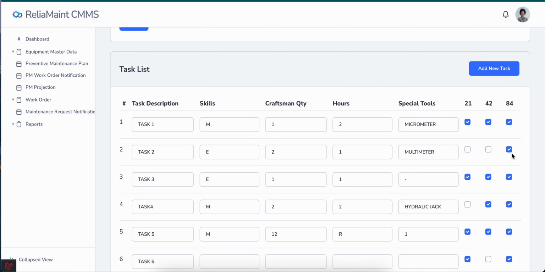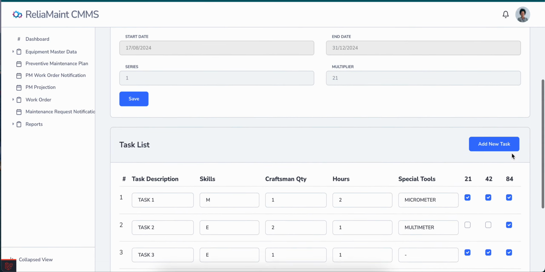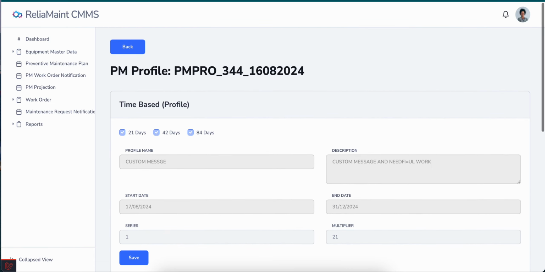So this way we can have multiple profiles within a PM plan. This is one profile type.